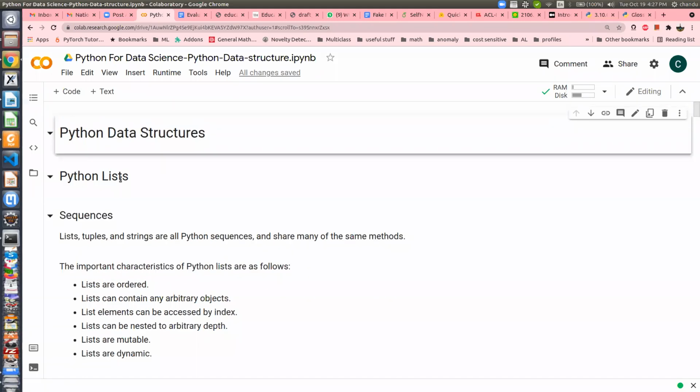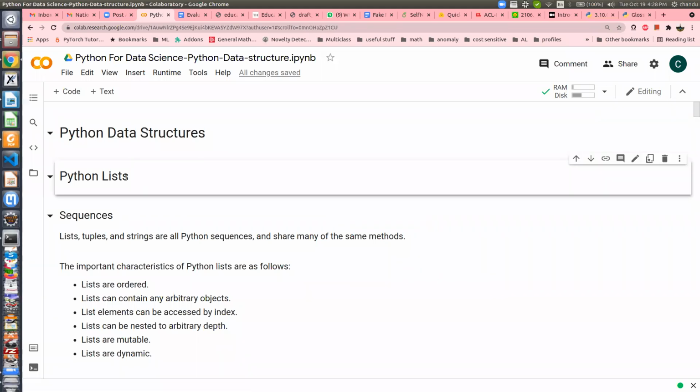Python list is very similar to an array in C programming. I believe all of you have heard of C programming, though those who are not from a programming background may not know. So basically, let me show.